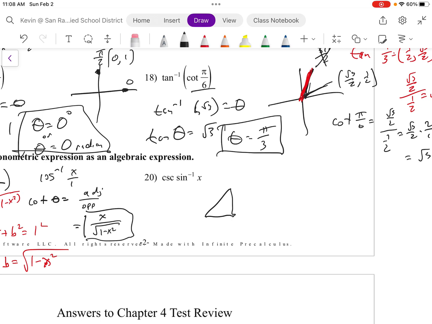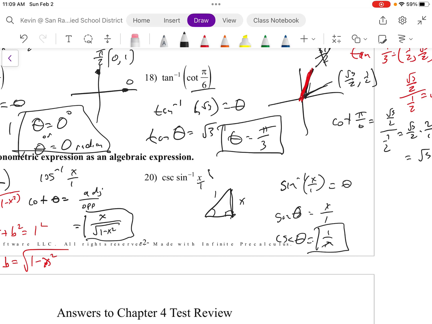Okay, last one, again using our triangle. Draw a triangle. This time we have arc sine, so that means opposite over hypotenuse, because this is over 1. Right, so we drew our angle, right triangle. Now we want cosecant, which is just the reciprocal of sine theta, x over 1. So cosecant of the angle is going to be the reciprocal of it,